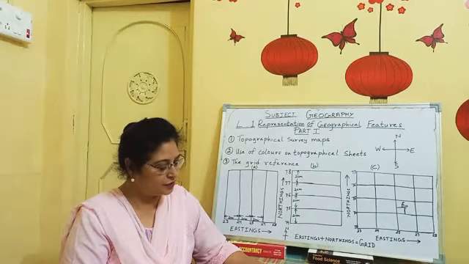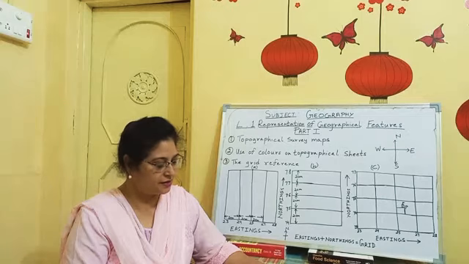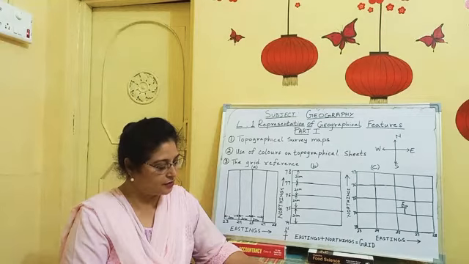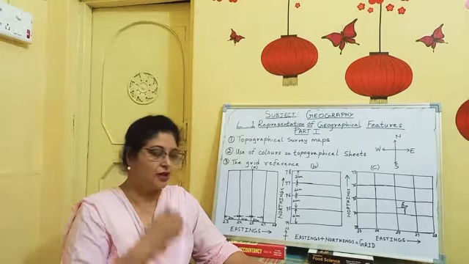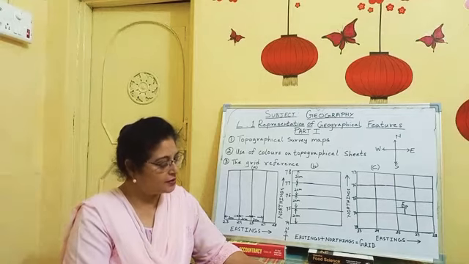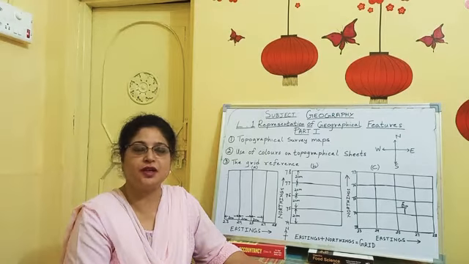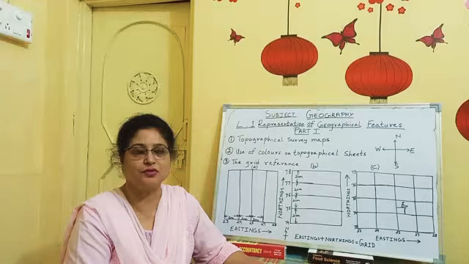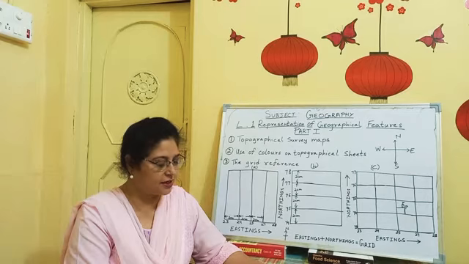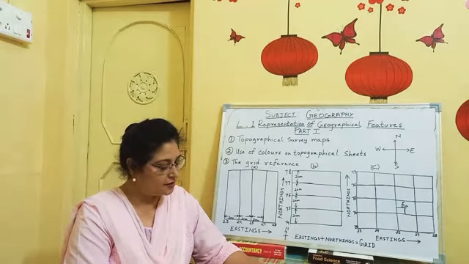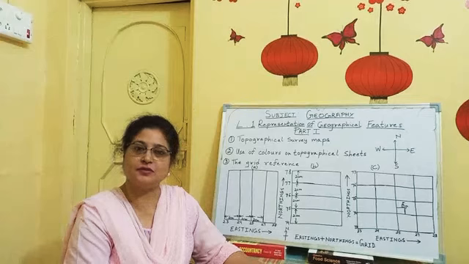Topographical maps are useful for planning of roads, irrigation and town plans. Also, natural and man-made features are portrayed by means of symbols or conventional signs. So apart from showing the natural features, topographical maps are also used to show the man-made features. And under man-made features come roads, canals, bridges, town planning, irrigation.